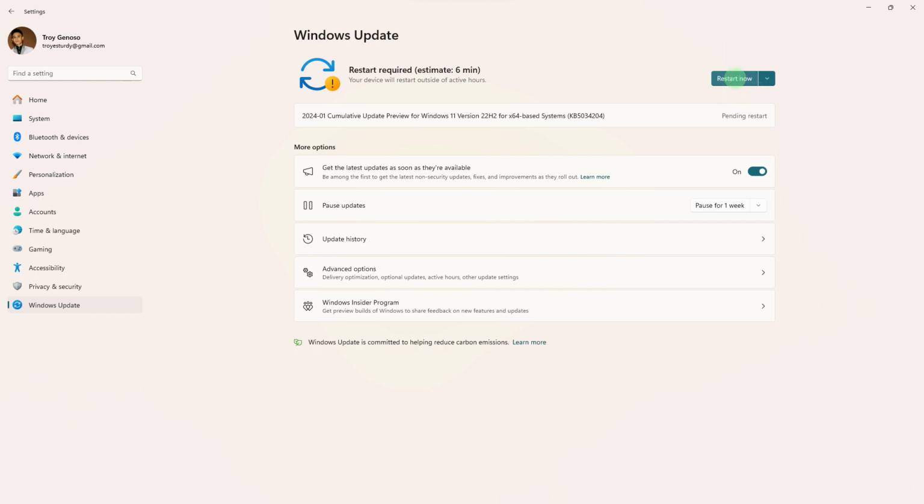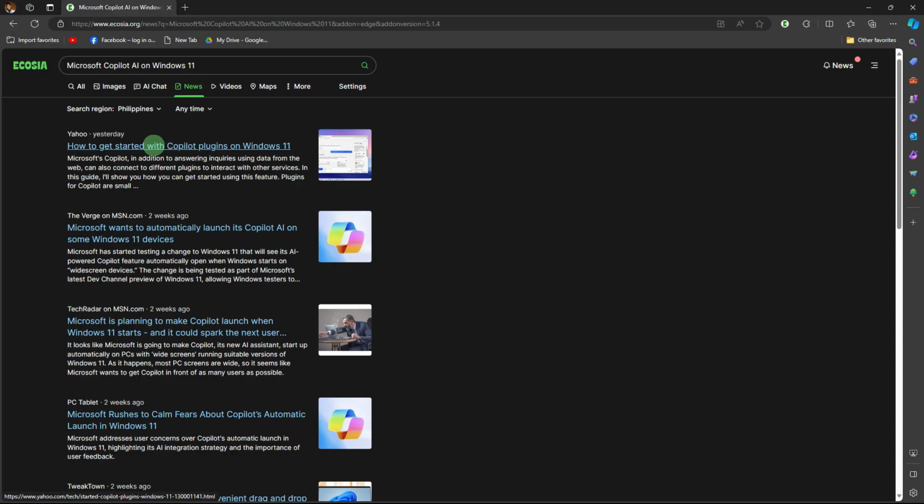Microsoft often releases new features and improvements through system updates. Another method, if Microsoft Copilot AI is integrated into specific software or development tools, make sure to install or update those tools accordingly. Another method, check Microsoft official documentation, support forums, or announcements for any specific instructions on installing or